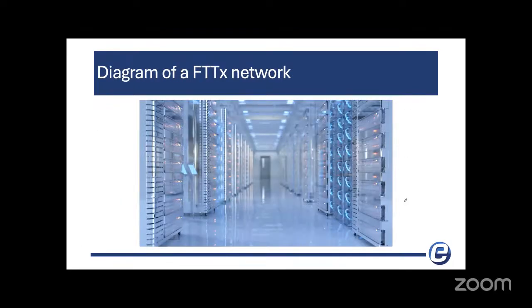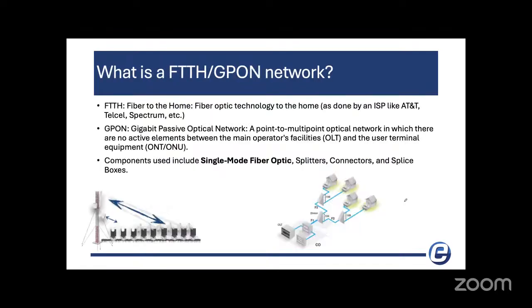Let's show the diagram of FTTX networks. What is fiber to the home or GPON network? Fiber to the home is just a fiber installation that is designed to go to the homes from the ISP, which will be your internet provider, through the city, through the installation, up to your home. And a GPON network is a gigabit passive optical network, meaning a point-to-multipoint optical network in which there are no active elements between the main operator facilities, the OLT, and the user terminal equipment, meaning an ONT or an ONU, which is optical network unit or optical network